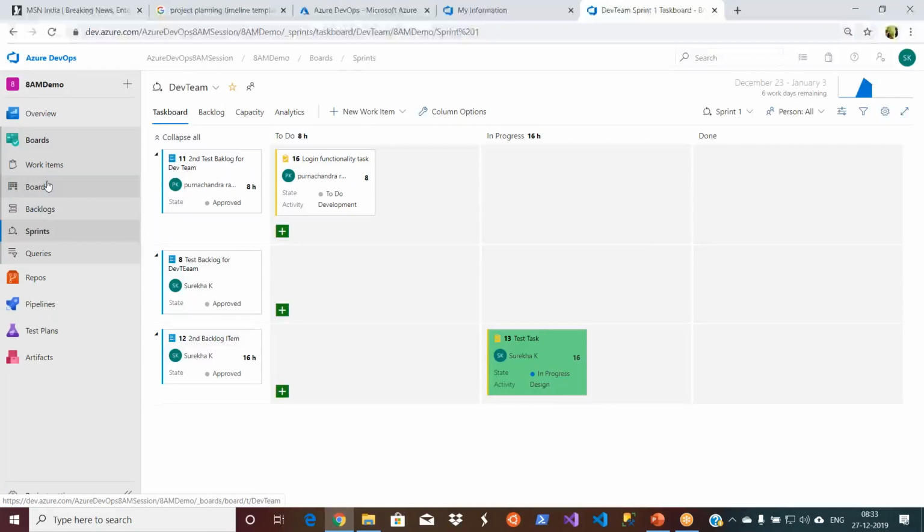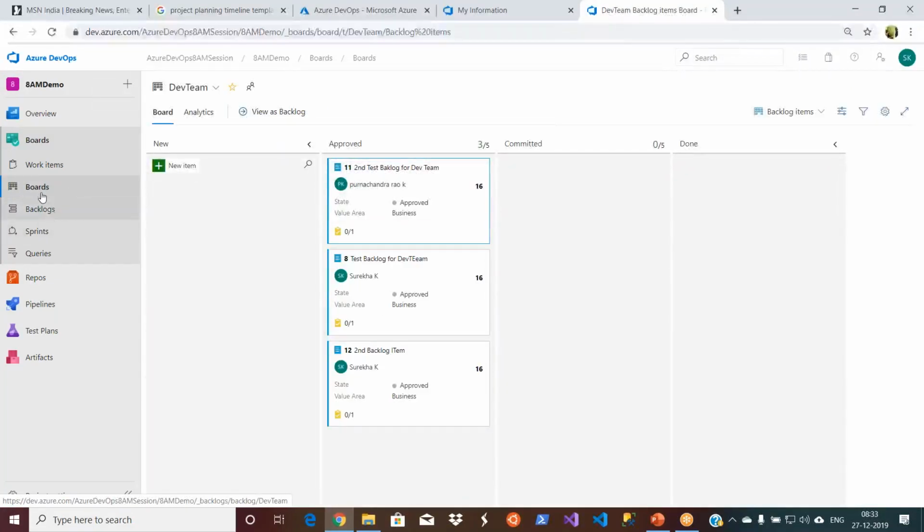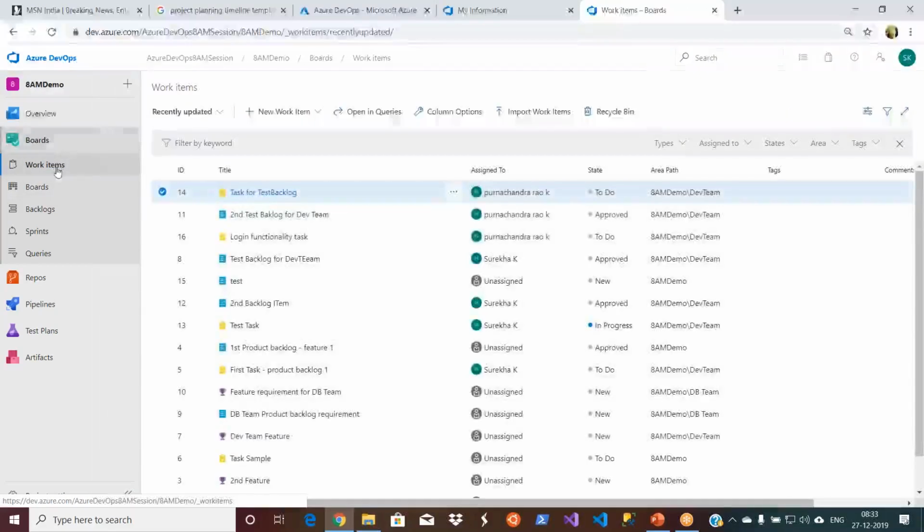So where we are, basically we are in Azure Boards, right? So right now I see only options. Okay, let me go like this. I see the options: work items, boards, backlogs, sprints, queries. So the one we are talking about is a delivery plan actually. Okay, so we need to have extensions for that. So since it is not available built in with Azure DevOps, you can go ahead and use some extensions, or you can say plugins available on the Azure DevOps Marketplace.